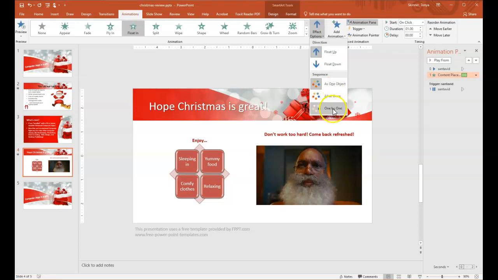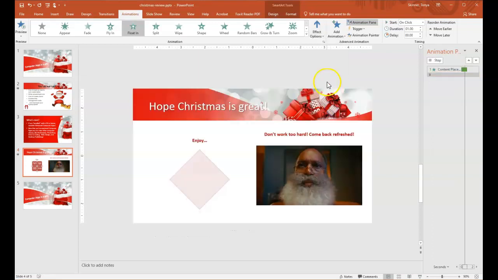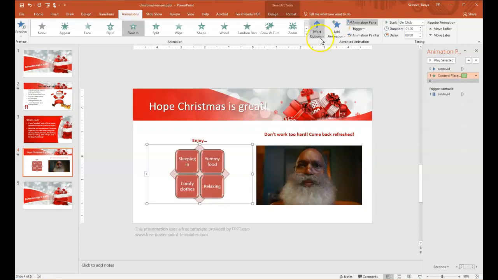So I can say one by one. And if I say one by one, that slides in, and then each piece slides in individually. So again, that's under Effect Options and then Sequence. All right, so the last couple of things that are covered in your chapter is adding footers and headers and